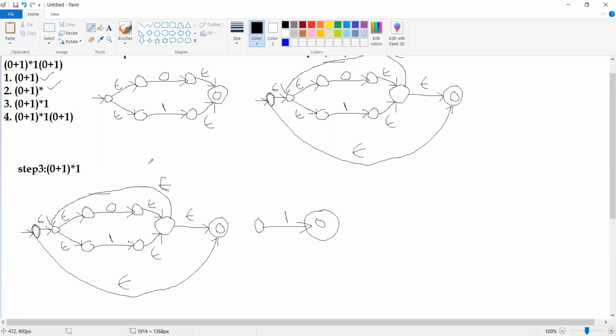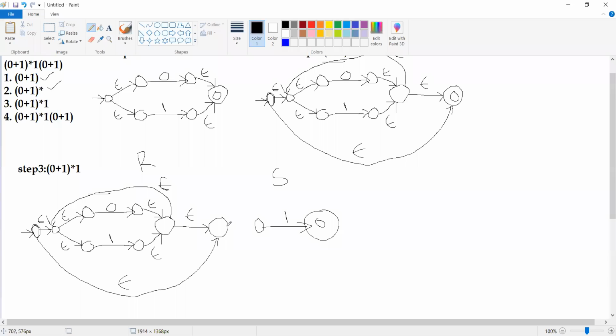Please observe. This is going to be your regular expression R, and this is your regular expression S. Now when you want to do the concatenation, whatever the first regular expression's final state is, it is no longer a final state.